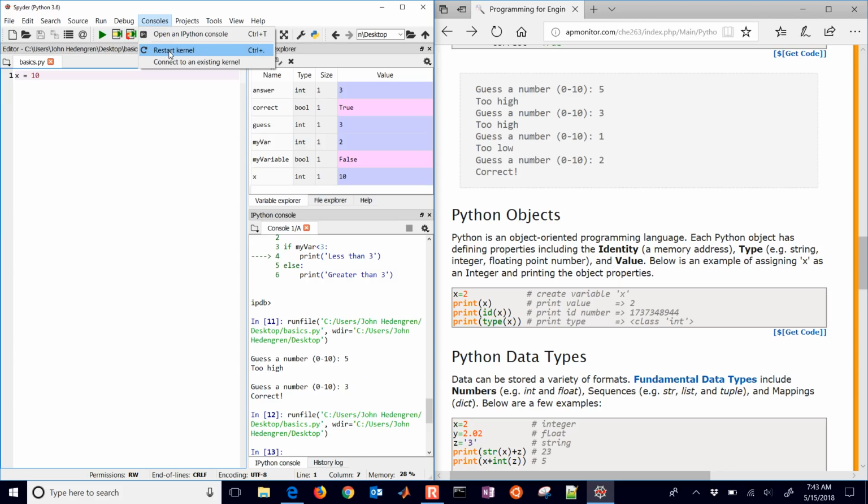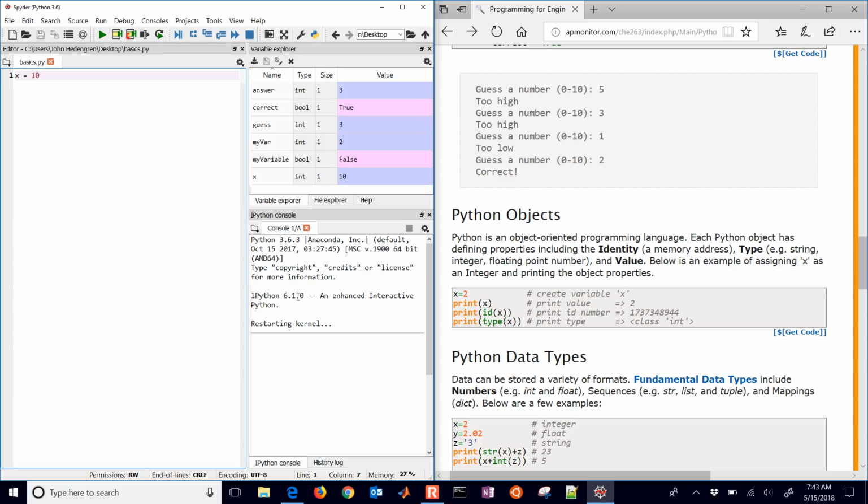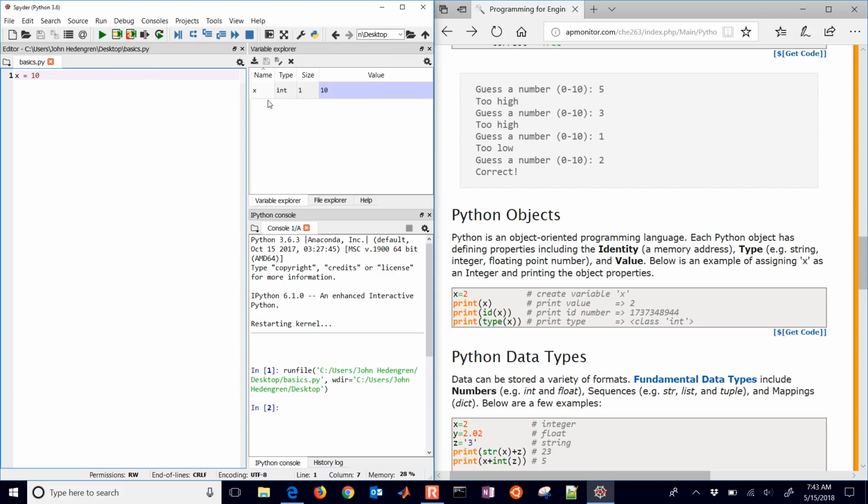You can also restart the kernel if you just want to get rid of those, and then it will get rid of all of those values that are in the variable explorer. Okay, and then if we run it again, we can see there's the name, the type, size, and the value, but we can get a little bit more information about this as well